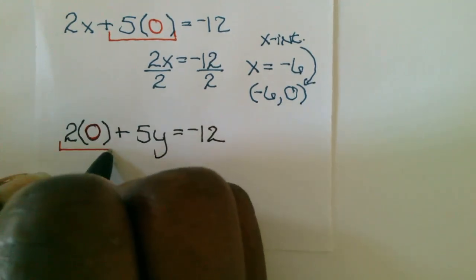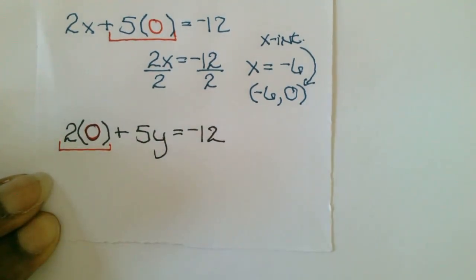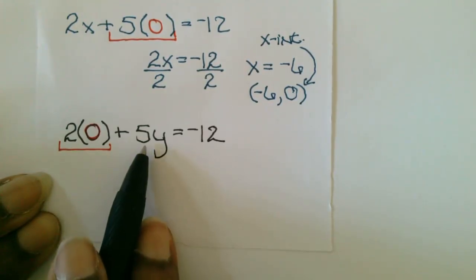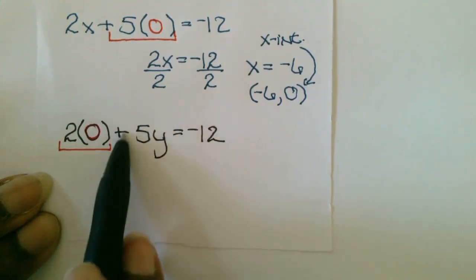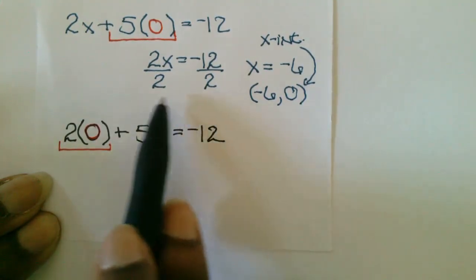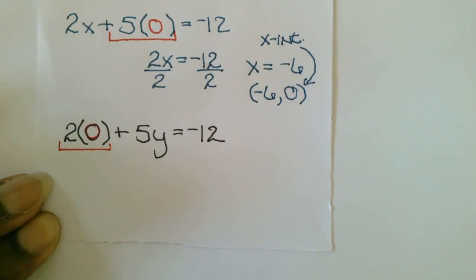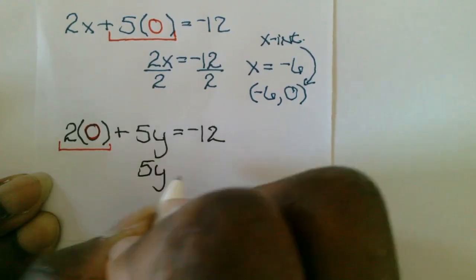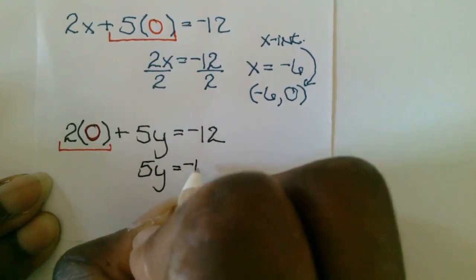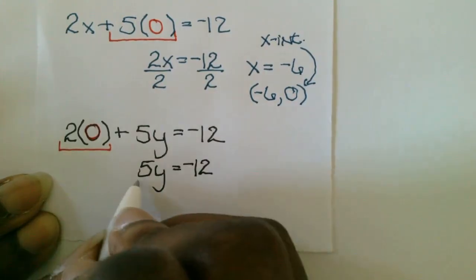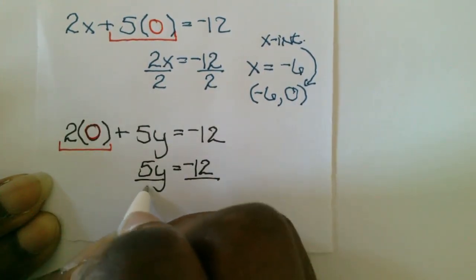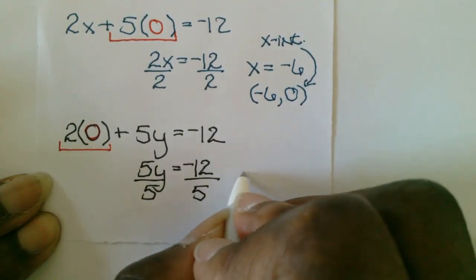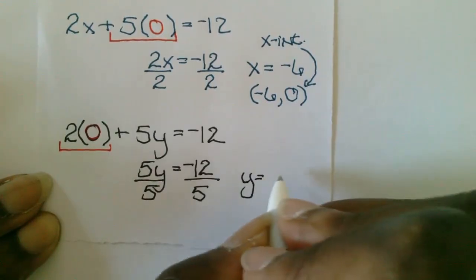Anything times 0 is going to give me a 0. I don't need to put that 0 as a placeholder because I have my 5y. The key part of this is I'm trying to solve for y. So now I have my 5y is equal to -12. Divide both sides by 5. And I have y equals